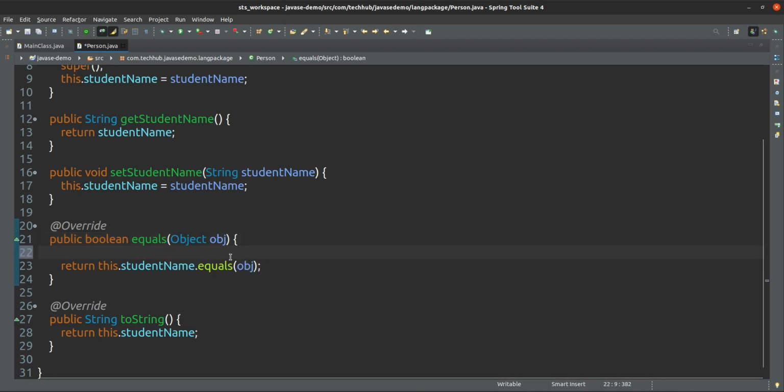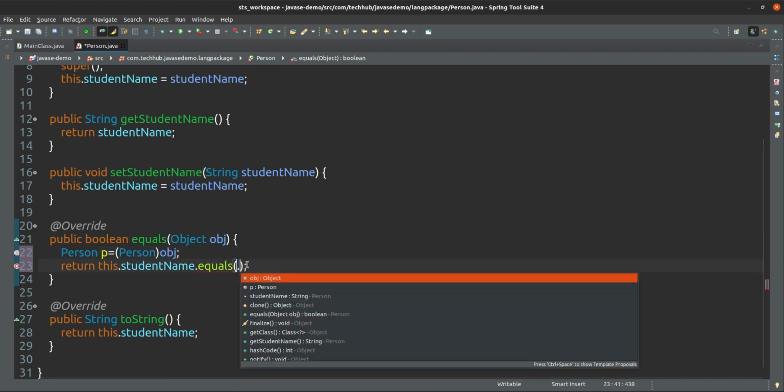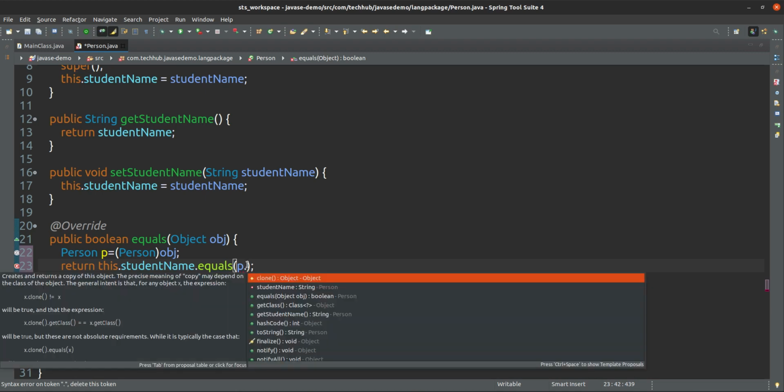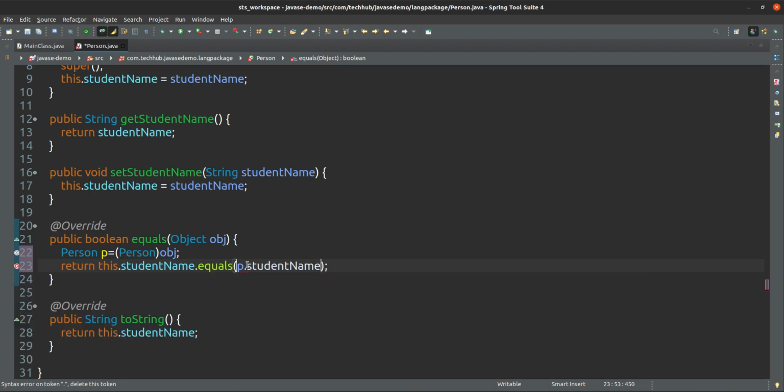Okay, so what we have to do here, we are missing something. This object has to be converted to person, Person P, and the object has to be converted to person only, and this P.studentName.